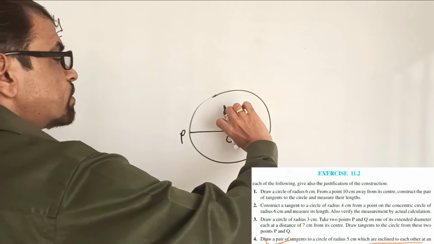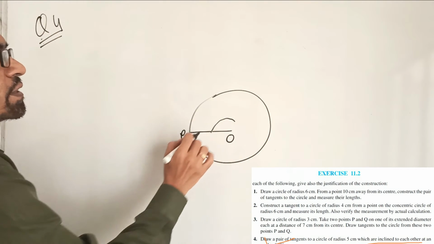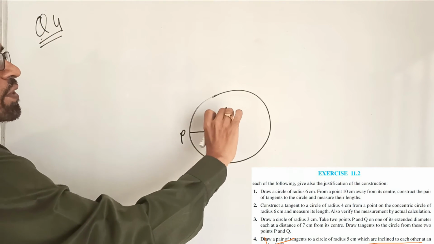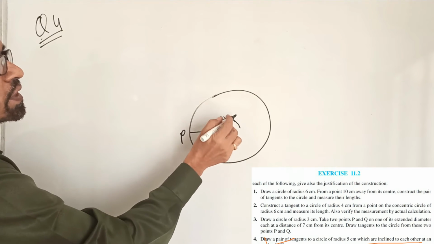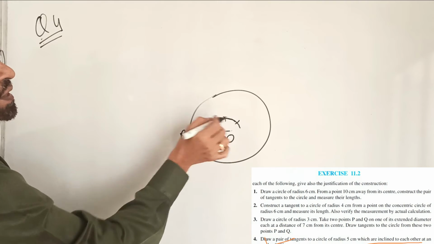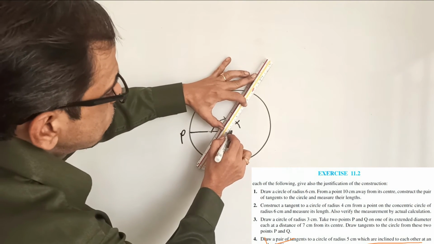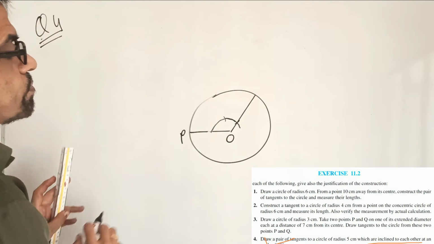Now for 120, with center O, we'll draw one arc. You know that you have studied in the 9th class, this is 60 degrees with the same radius. But we need the 120. So we'll do one thing. We further intersect this with the same radius. Now join this. This is 120. Okay, student.